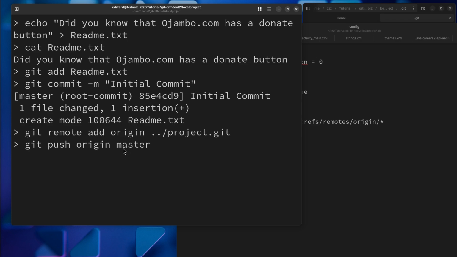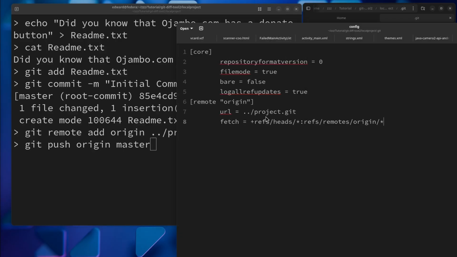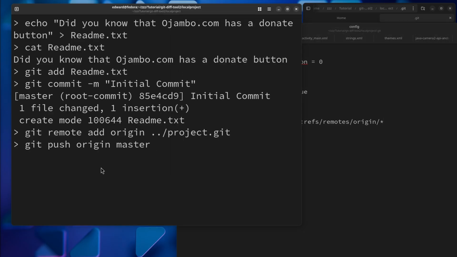You see, I said origin master. So master is my local repository, and origin is the one I termed the remote one. But right now those branches don't really exist, so they're going to be created when I do this. So if I press enter,